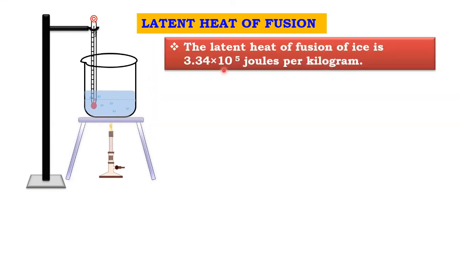Okay, so latent heat of fusion of ice is how much? 3.34 into 10 power 5 joules per kilogram. So this is a way to express huge numbers. Yeah, आप लोग ने previous standards में maths के अंदर exponents नाम के lesson के अंदर सीखा होगा. So उस lesson में आपको already पता होगा कि ये notation का actual value कितना होता है, right? So it's a very huge amount of heat energy, correct? आगे देखते हैं.